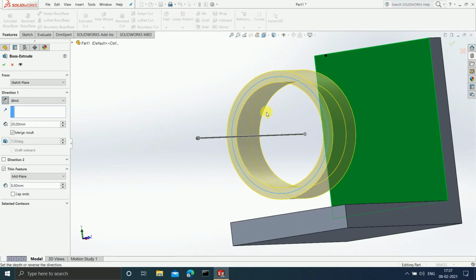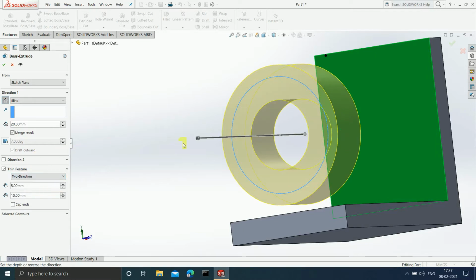So thickness will be present on the outside of the sketch and inside of the sketch as well. Okay, now after this I have two directions, that is nothing but your thickness is going to increase in the outward direction of the sketch and the inward direction of the sketch as well. See, this is the outward direction from this sketch up till this, and this is inward from this sketch to the center of the circle.